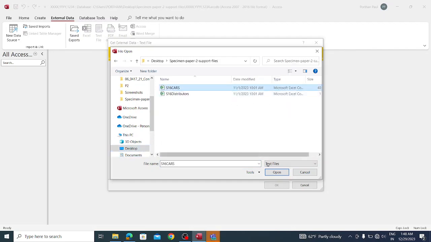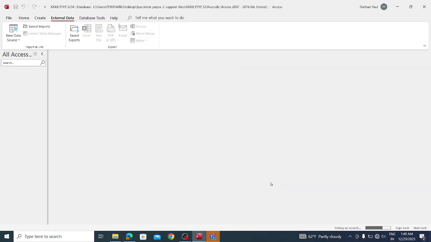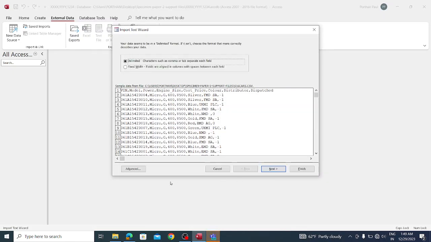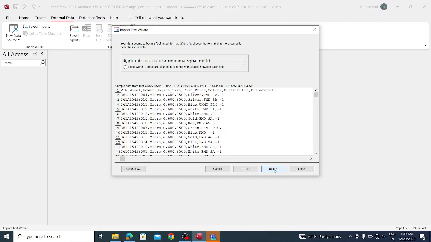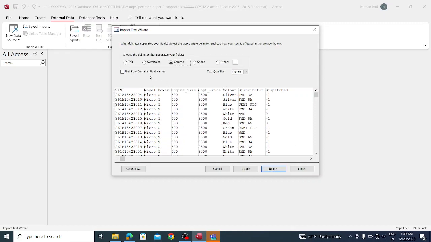So cars, select the s16 cars and open, click OK, and go to check whether it is delimited, go to advanced and change the date order into the DMY, click OK and click next. First row contain field names, you want to tick this box, click and check whether it is in comma